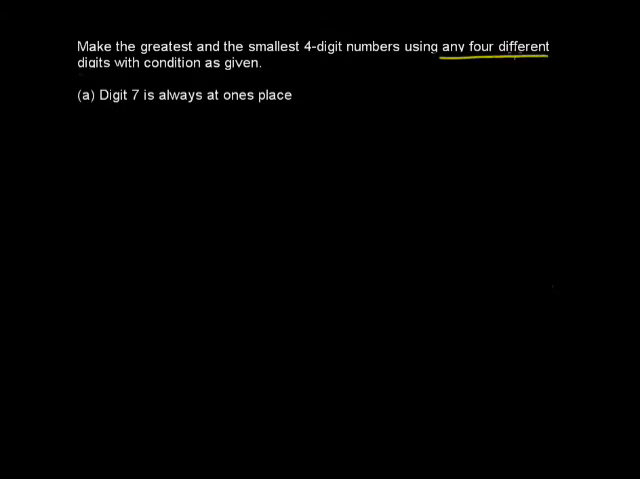Any four different digits. That means we all know that we have 10 digits, that is 0, 1, 2, 3, 4, 5, 6, 7, 8 and 9. These are the 10 digits which we use to make any number. So in this question it says that digit 7 is always at ones place and we have to form the four digit numbers. That means there would be four places: